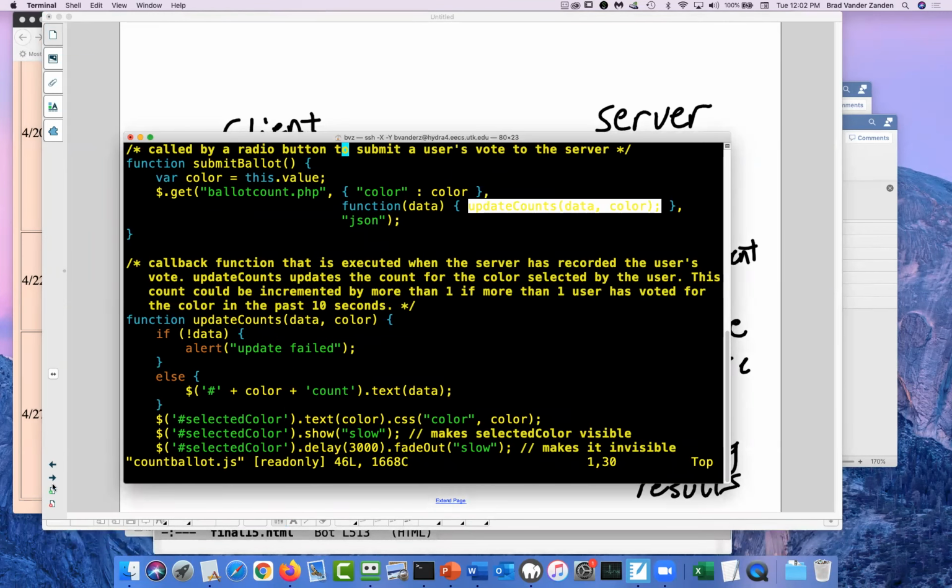Okay, and then everything else is pretty much as you would expect. So it's just this interpolation here of the title, and here is a route that is getting called when the form is submitted. Now let's look at the routes.